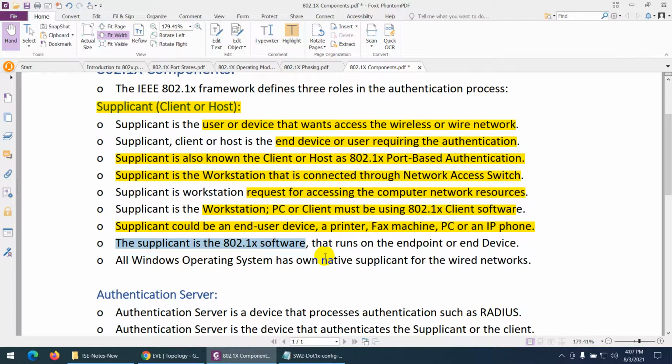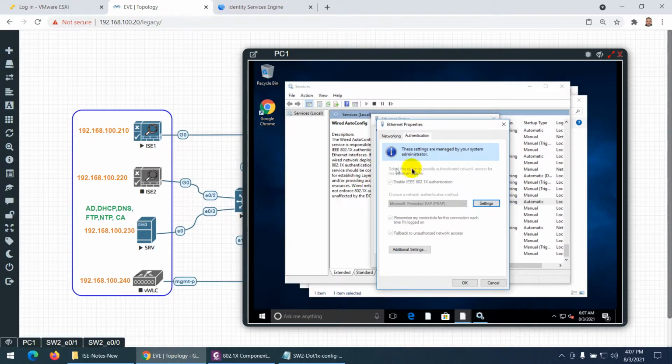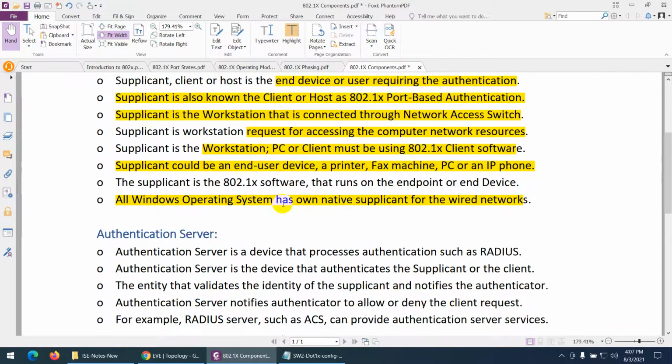So that endpoint which is running 802.1X software is also called supplicant. By default, all Windows operating systems have their own native supplicant. That's what I'm using. I push it from Active Directory so that all devices have to use this native default 802.1X supplicant. So this is called supplicant.